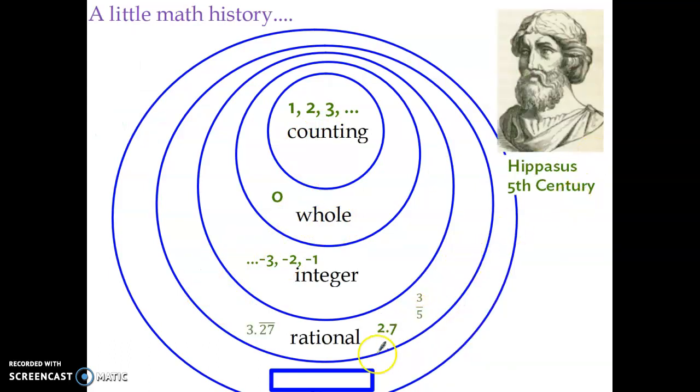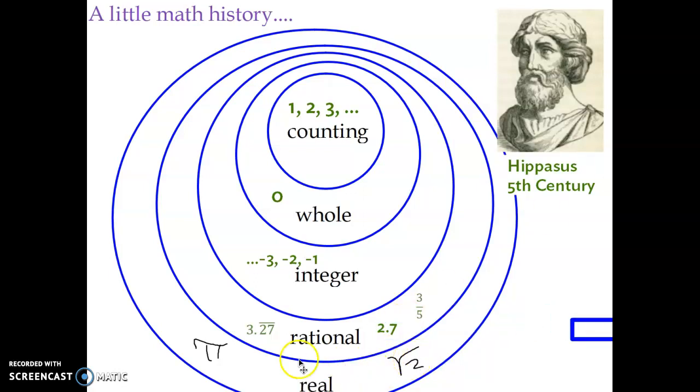Okay, but we realize again that that's not all of our numbers. We still have more numbers. Hippasus, a Greek mathematician in the 15th century, was the first one to realize that we have other numbers, numbers like square root of 2 or like pi. Those kind of numbers are not rational. If you remember when you learned about pi in the past, pi is a number that goes on and on forever with no repeats and never ends. Same thing for square root of 2. Goes on and on forever with no repeats. It never ends. These kind of numbers are what we call